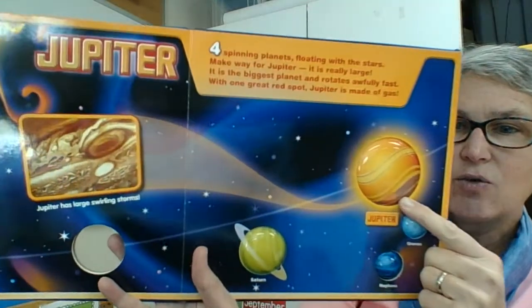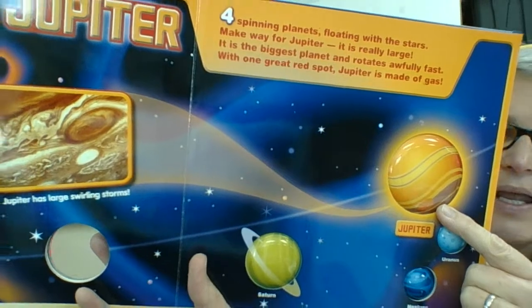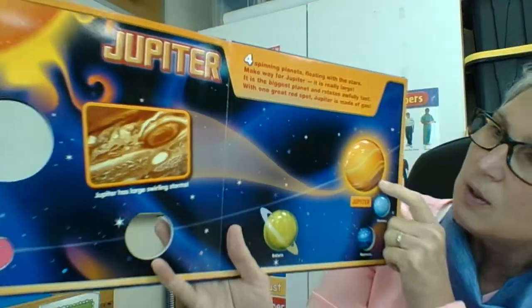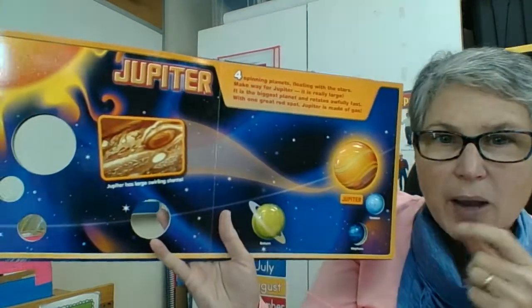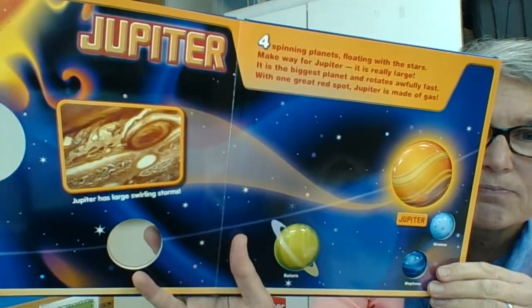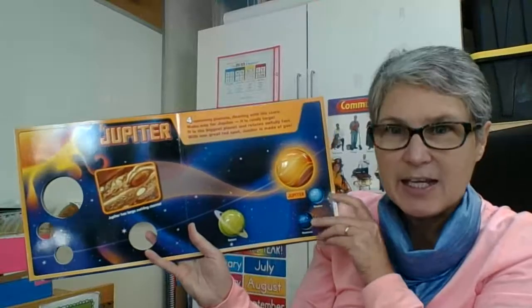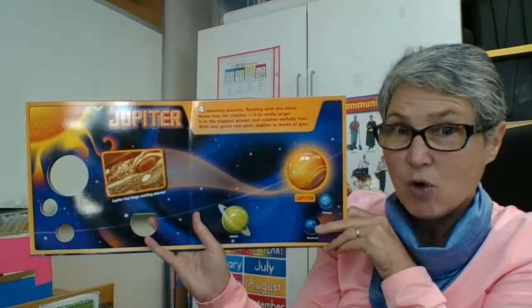And there's the red spot down here by my finger. And it says Jupiter has large swirling storms. So this is the swirling. It always reminds me of like a marble countertop. So we went 8, 7, 6, 5, 4,